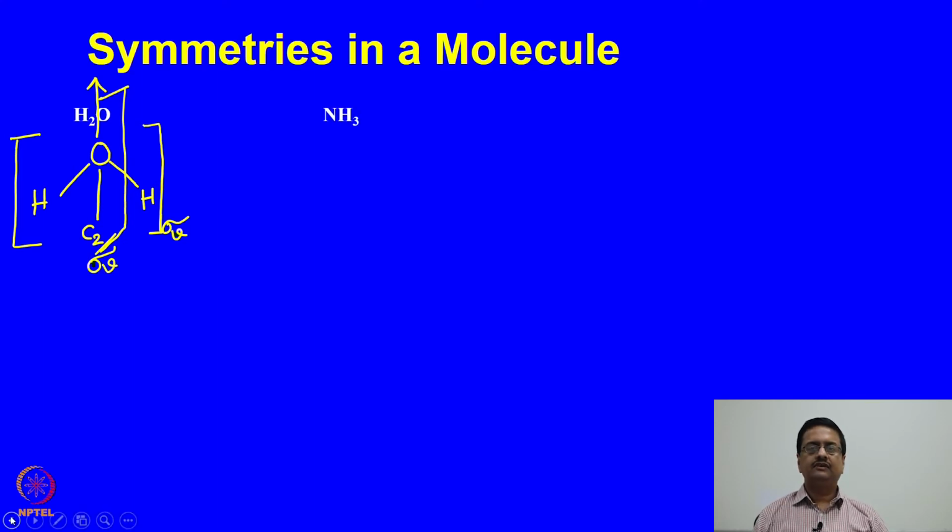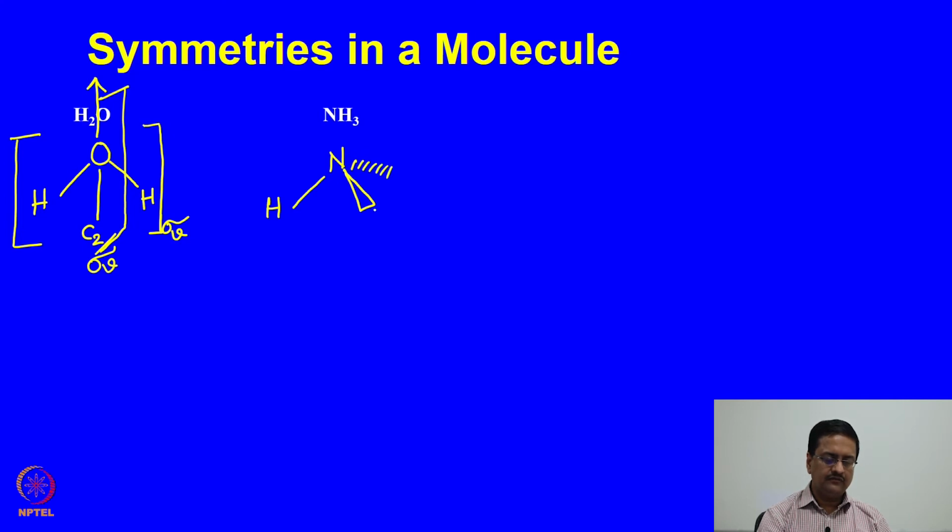The next molecule that we would like to discuss is ammonia. What is the geometry of ammonia? Ammonia is a pyramidal molecule. So, you write nitrogen, we write one hydrogen on the plane of the board. So, this nitrogen and hydrogen both are on the plane of the board and two hydrogens are above and below the plane of the board. And what else we have? We have a lone pair which is here.